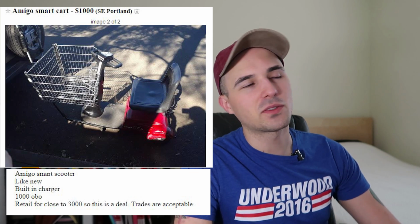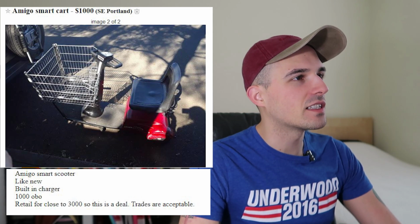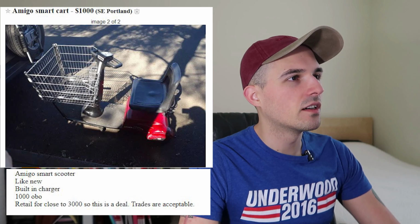Oh yeah, baby. It wouldn't be complete without an Amigo Smart Cart. $1,000 for this mobility scooter. Like new, built-in charger. Retails for close to $3,000. There is no way this thing is $3,000. No way. I'm gonna look this up right now. The Amigo Smart Cart. Let's go, dude. Holy shit, he wasn't kidding. It does retail for